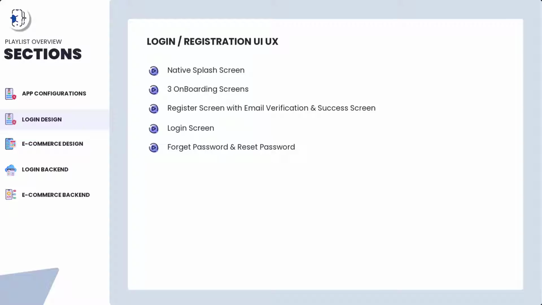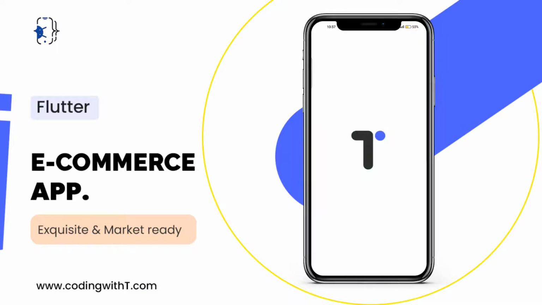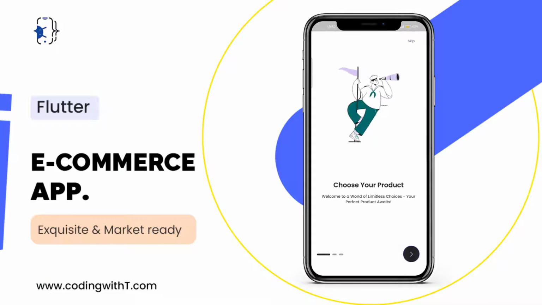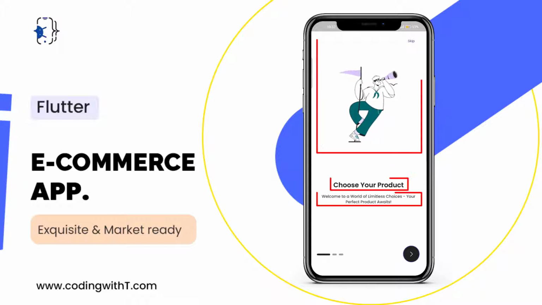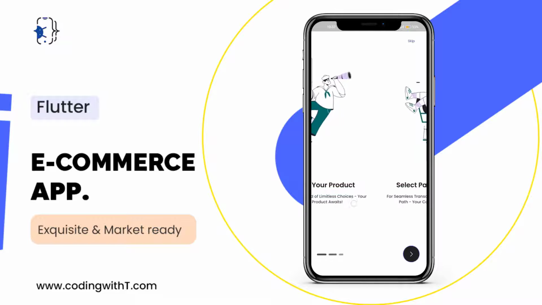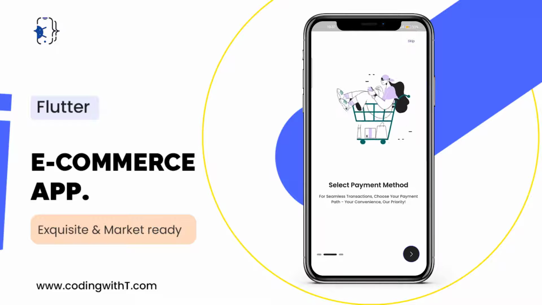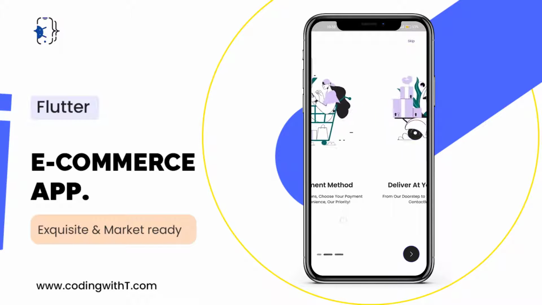Okay, now let's talk about the onboarding screen. Let's run the application, and you can see currently the splash screen first, which we created in the previous tutorial for both light and dark modes. Same in today's tutorial, we are going to create light and dark modes for the onboarding screen. First of all, you can see we have 3 types of pages, and each page contains an image, title and subtitle. Same in the second we have an animation, the image, title and subtitle, and for the third page as well.